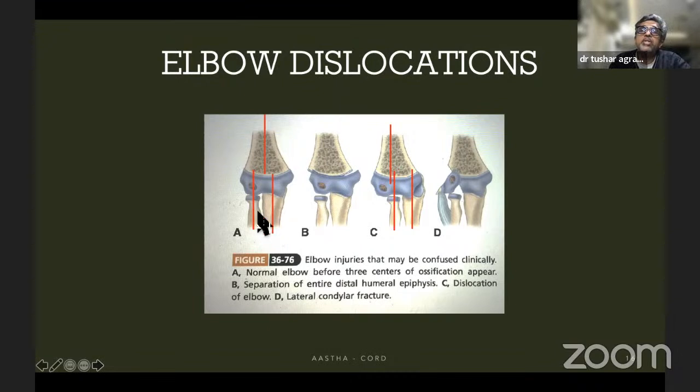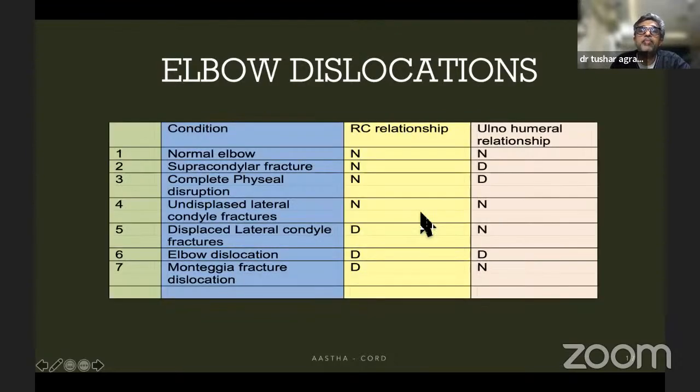This is a very important illustration to make out in the AP view. If you lose the congruity between the capitulum and the radial head and the trochlea and the olecranon or the proximal ulna, then it's a clear-cut case of elbow dislocation. You can lose the long axis of the humerus to the long axis of the forearm even without an elbow dislocation, in a transphyseal separation. So this is normal, this is transphyseal separation, this is elbow dislocation, and in the first the medial continuity can be maintained. However, you can lose the lateral continuity in a displaced lateral condyle injury, right?